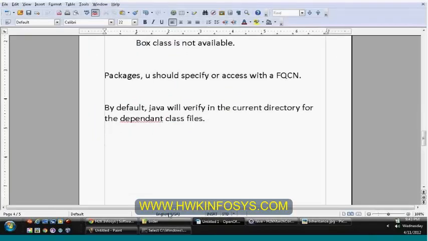So normally you can specify dependent class files in a number of ways.